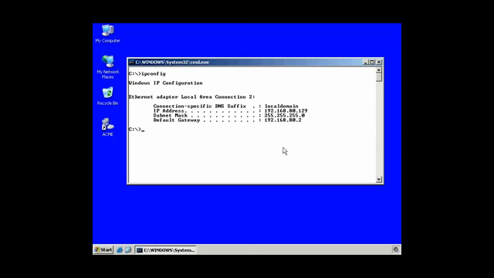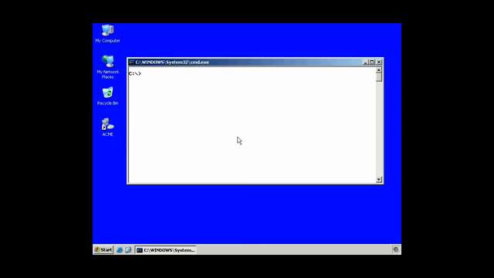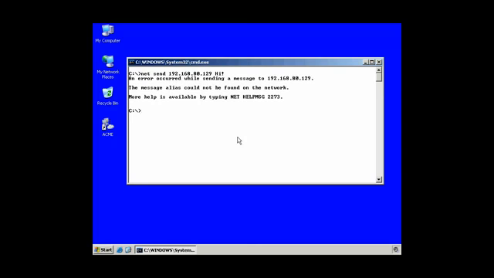We'll add another command, ipconfig, and I'm subnet 80 right here in the third octet, and 129 is what I've been leased from the DHCP server. So I'm going to do net send 192.168.80.129 and hi. In this case, it will fail